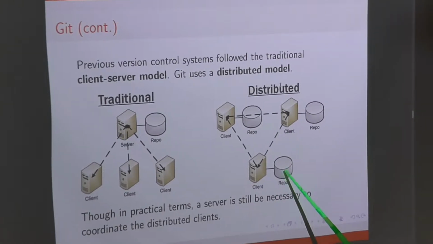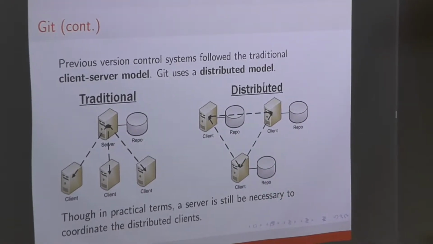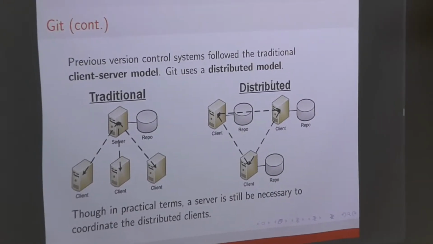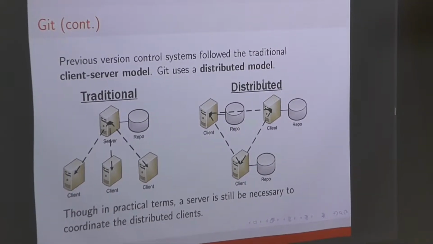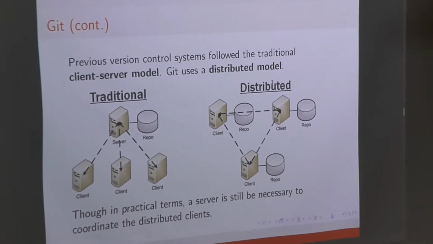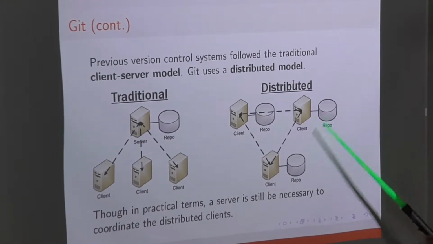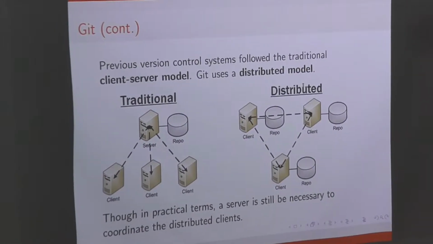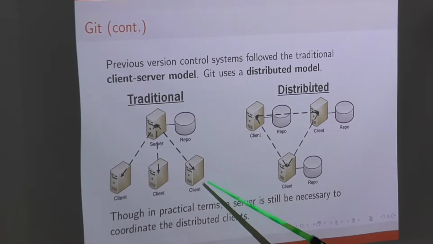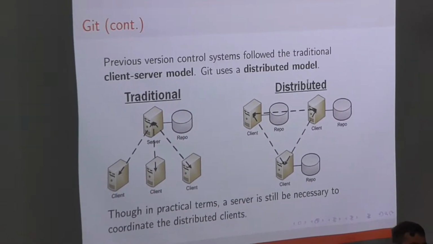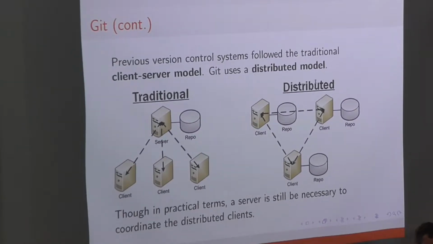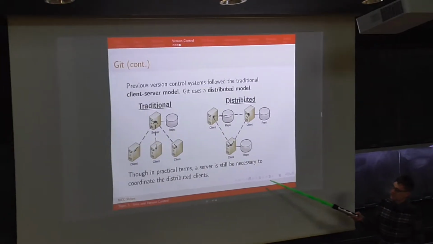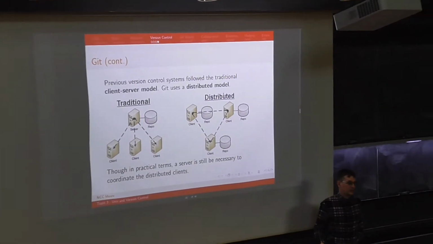However, Git is a little bit more general than that. In fact, Git operates on a distributed model. In theory, this means that if one client in the network goes down, they only lose their local changes. Whereas in the traditional model, if the server goes down, everybody's in trouble, right? So, in practical terms, a server is still necessary to coordinate distributed clients, but it's, okay,